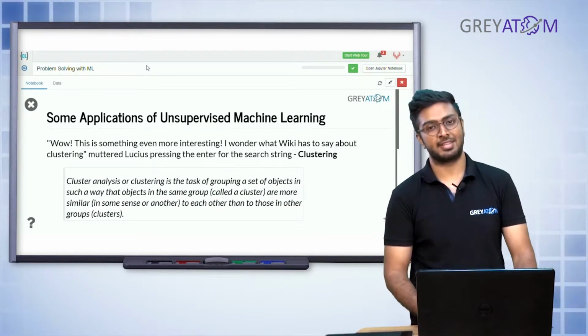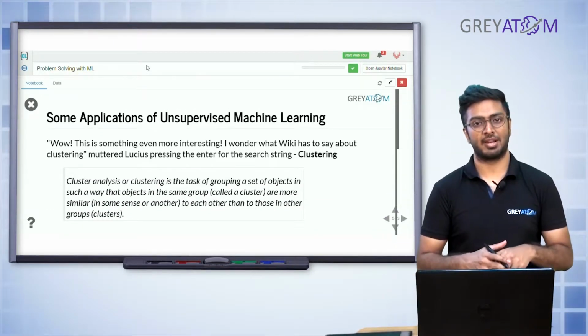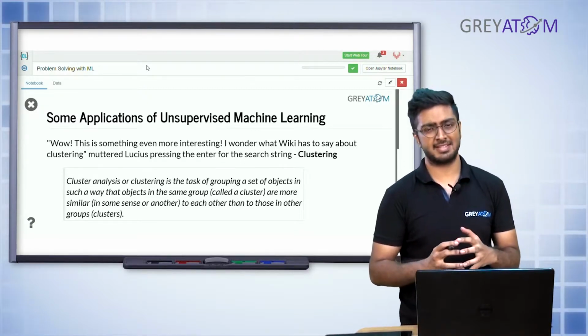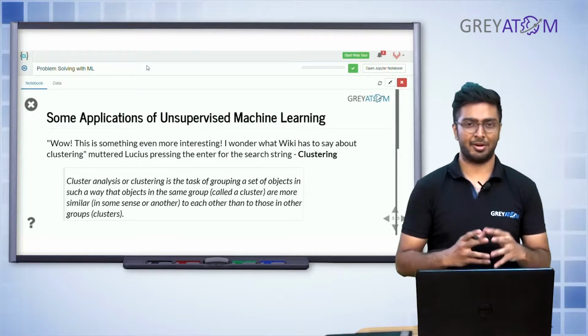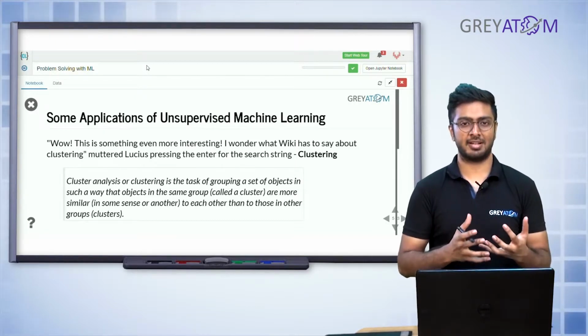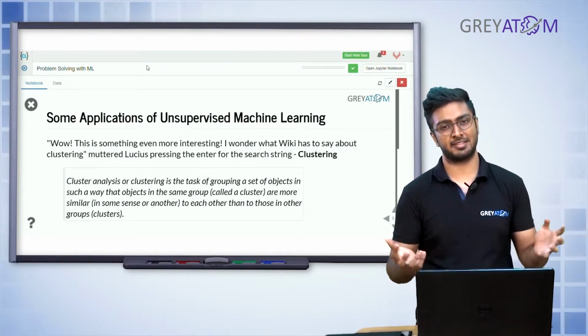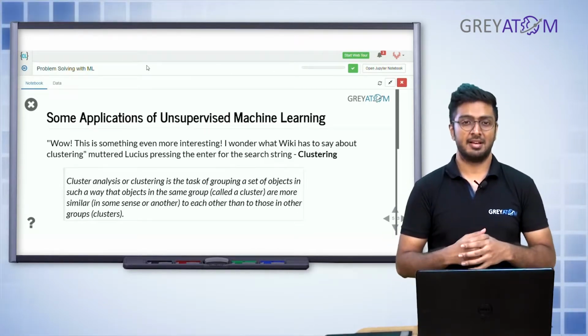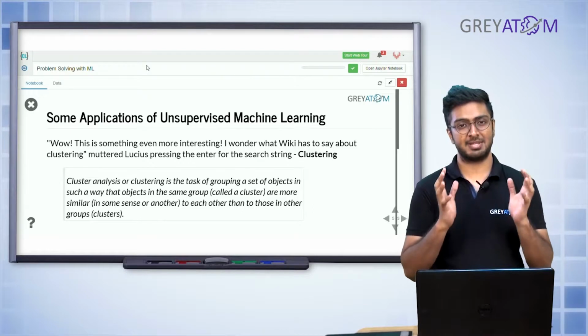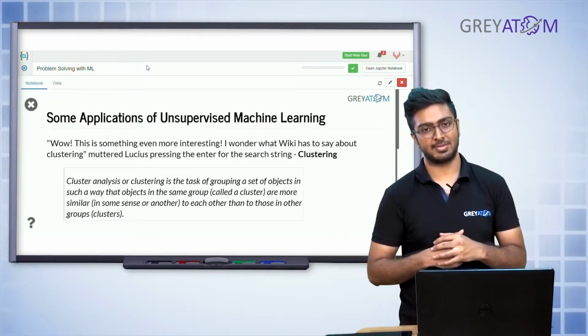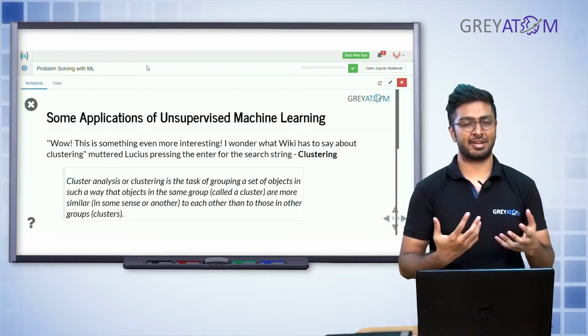And now the final thing which we are going to focus on in this particular lecture is the concept of clustering. So clustering is this concept where all you're concerned about is, say, you have got 10,000 data points. This could be 10,000 data points about house prices. Earlier, when we were doing supervised learning, we basically had the houses, their features, and then the price they were sold at, and based on that we were trying to